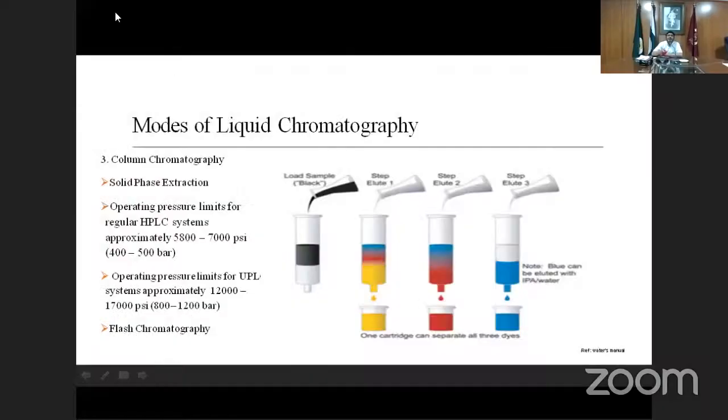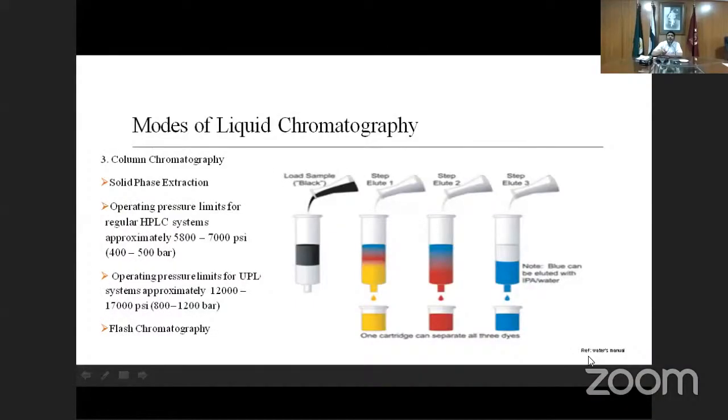Let's start. This is the typical example for chromatography or cartridge chromatography. We apply the sample on top of the column, and in the first slide you see the sample loaded on adsorbents. After that, in the second slide you can see the blue, red, and yellow. The first yellow band is collected in the beaker, and in the second slide, when the mobile phase is running, the second band which is here is down, is collected in the reservoir, and after that the third band is